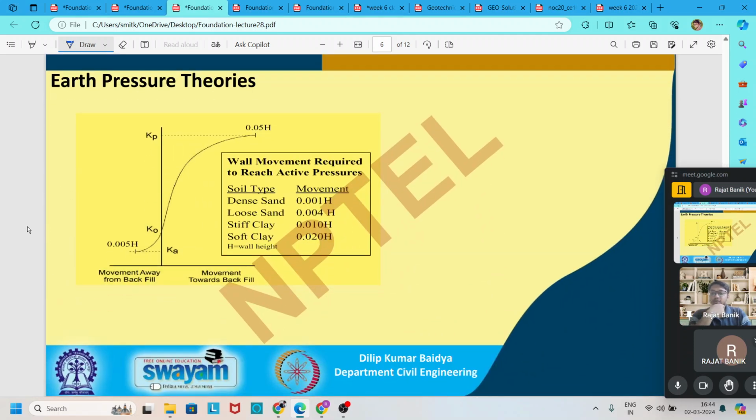Now, here a plot is given based on the earth pressure coefficient for these earth pressure theories, showing the movement required to reach the active earth pressure. Here it is said that if we plot the movement versus earth pressure coefficient, the movement of the wall is towards the backfill. What if I draw one wall, a retaining wall,